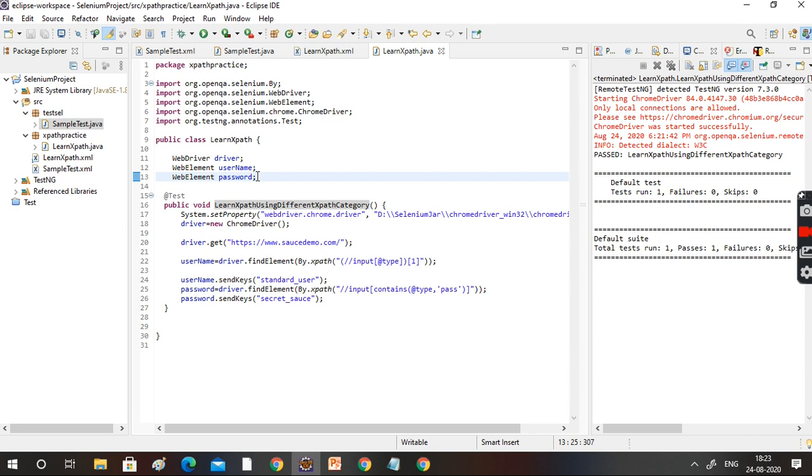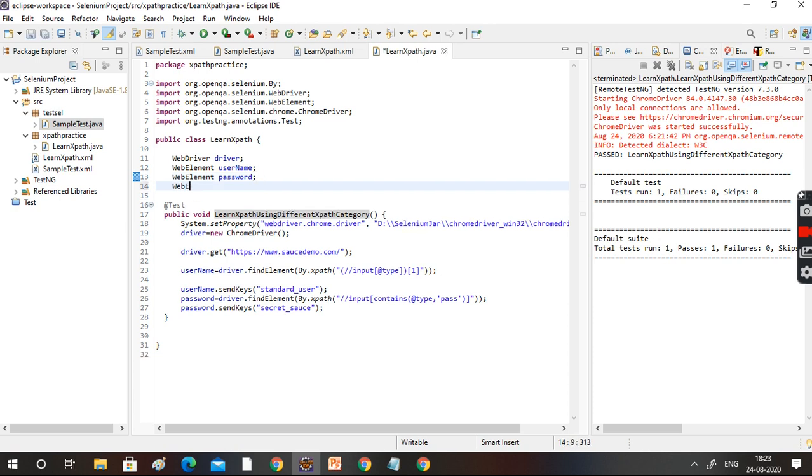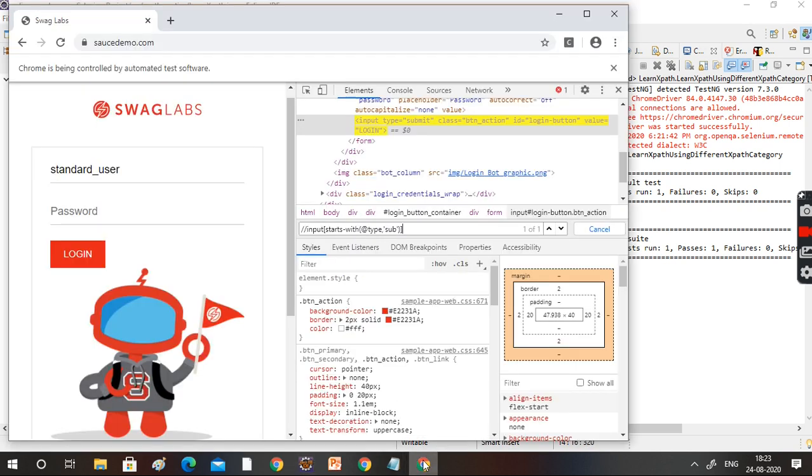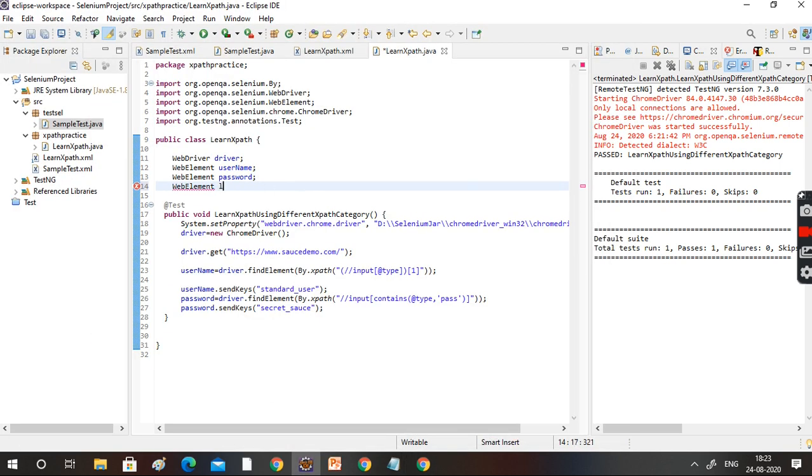Can we create one more web element here? What name can I keep? Login button, loginBtn. loginBtn is equal to driver. We need to find the particular element with the help of the web driver only.